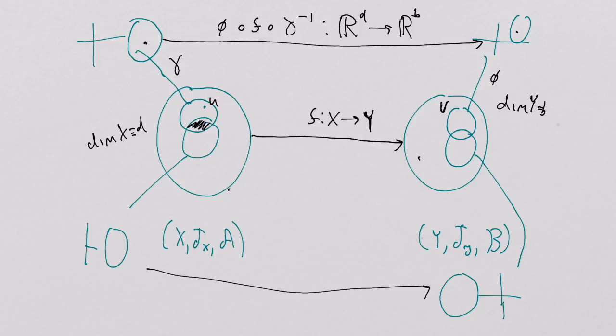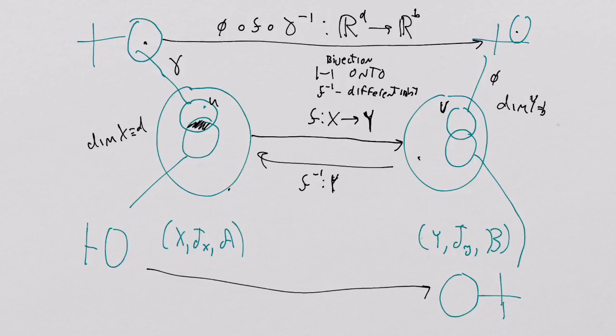However, if f is also one-to-one and onto, by the way, that's called bijective, if f is a bijection, and the inverse of f is differentiable, if f inverse is also differentiable in the same way as f is, so if I have f inverse, which is a map from y to x, well, if f inverse is differentiable in the same way down here, where I'm now dealing with phi inverse, f inverse,